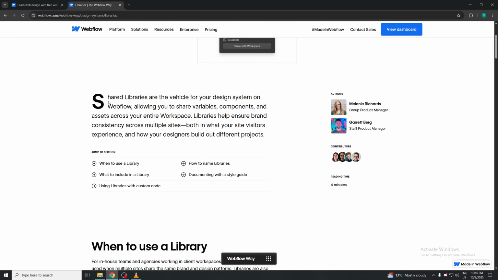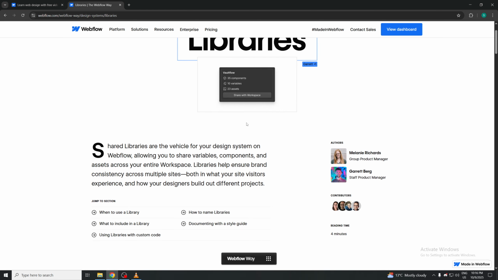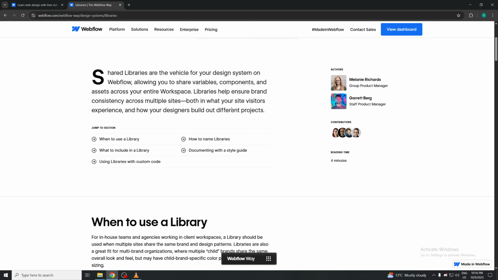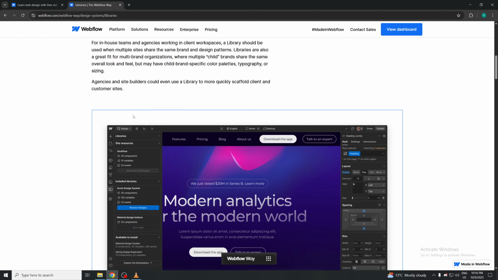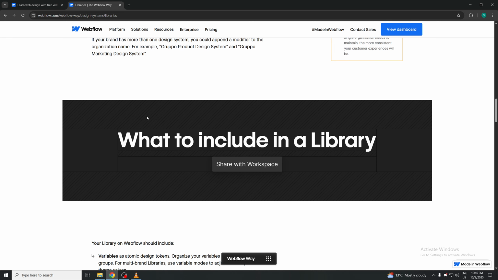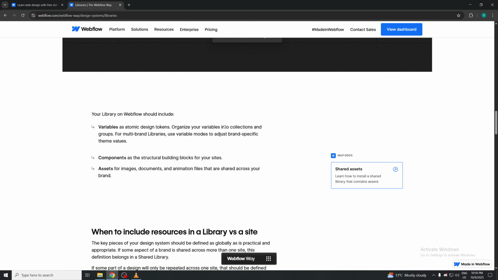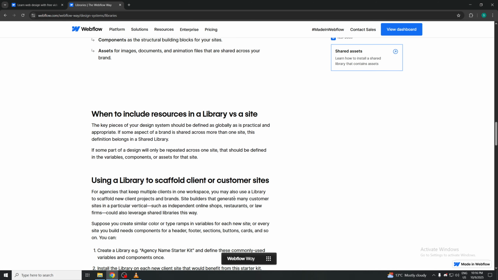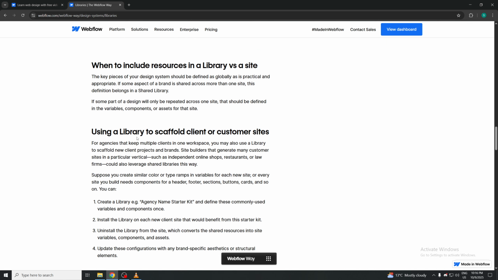Libraries. Shared libraries are the vehicle of your design system in Webflow, allowing you to share variables, components, and assets across your entire workspace. So basically, when you build your library, you're going to build super fast, super clean, and super structured. How to name a library, all the best practices, what to include, when to include resources in a library versus a site, using a library to scaffold a client or customer site,